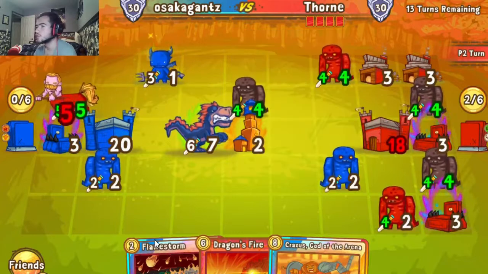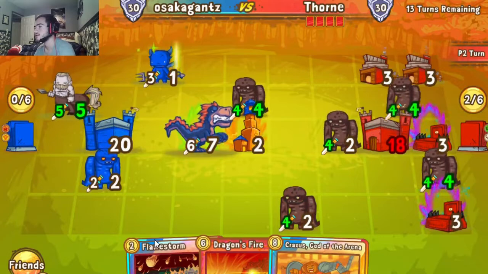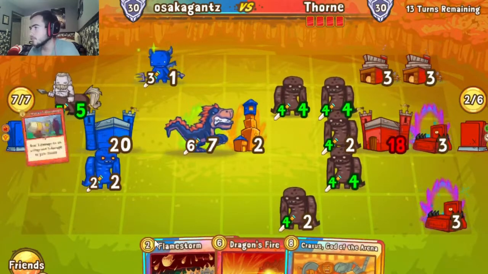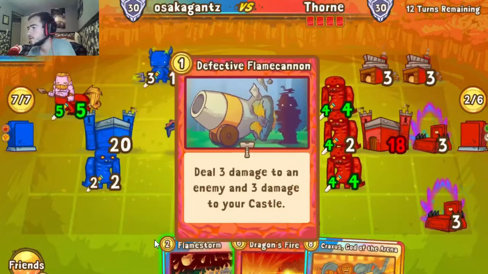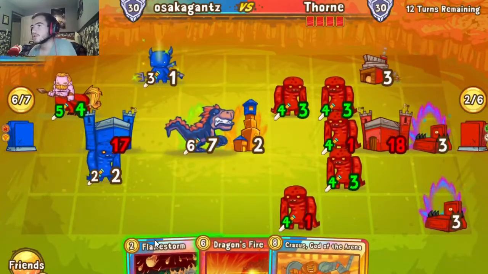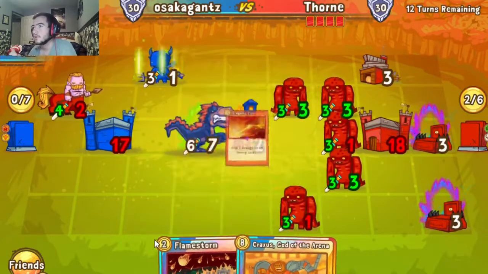He'll play a Centaur as well to hit the altar by Osaka. So now Osaka's spawner, or his spawner, excuse me, is gone. Osaka, all he has to deal with right now. Well, he does pull out Defective Flame Cannon, so I was going to get rid of an Armory. Interesting choice there. He doesn't mind the tokens, but he does want them to be weaker for probably that Dragon's